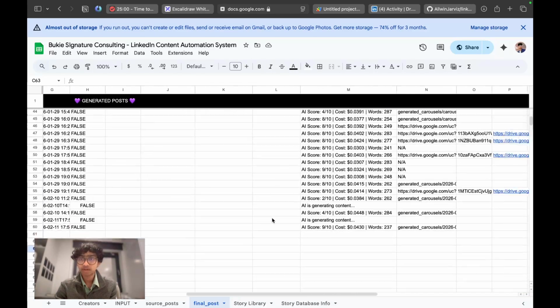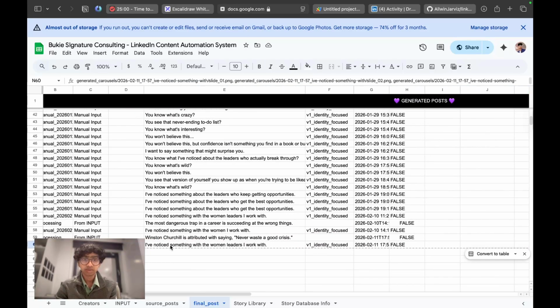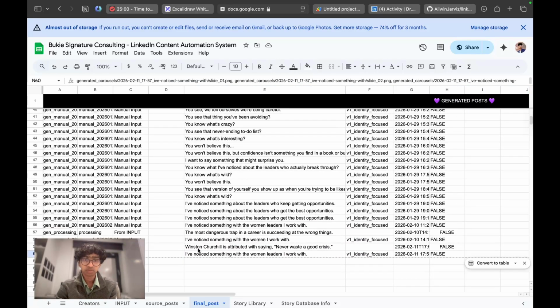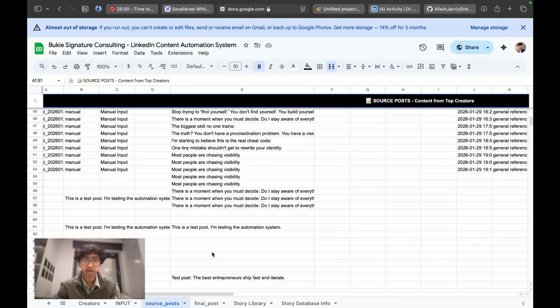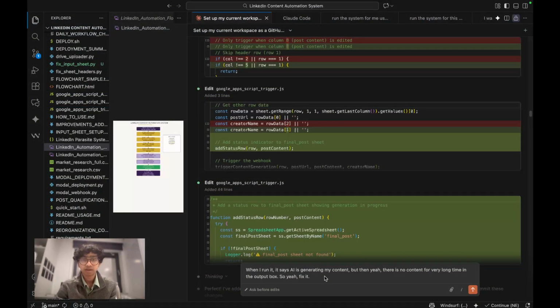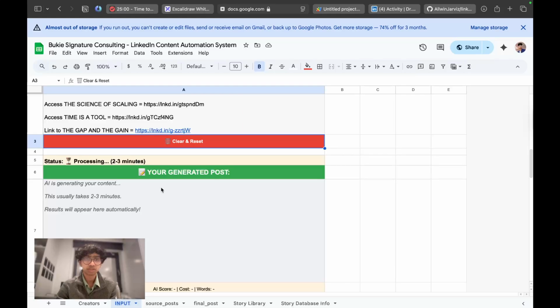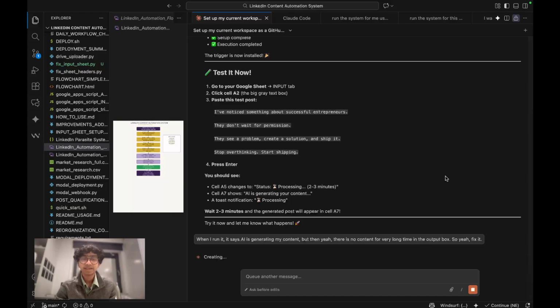We also have carousels generated, but I want the link in here, and it's also doing some messy work, like it's putting the original post over here. It shouldn't, it should only post the final post, and it's putting the source post in here. Okay, there's a lot of stuff going on here, so we need to fix a lot of them. But right now, all I'm going to fix is just so that it generates the post in the input tab. So I'm just going to give that,